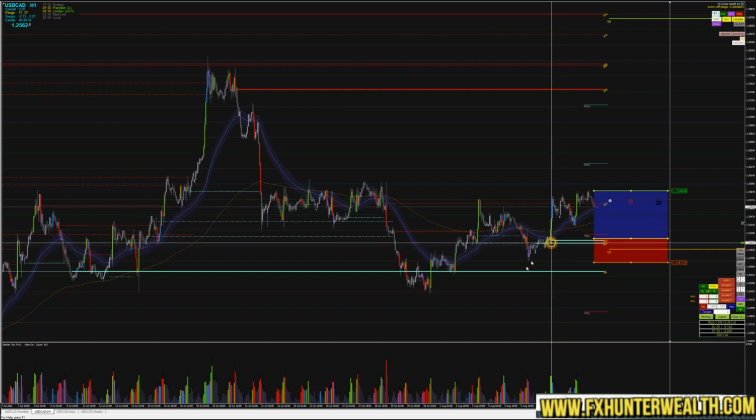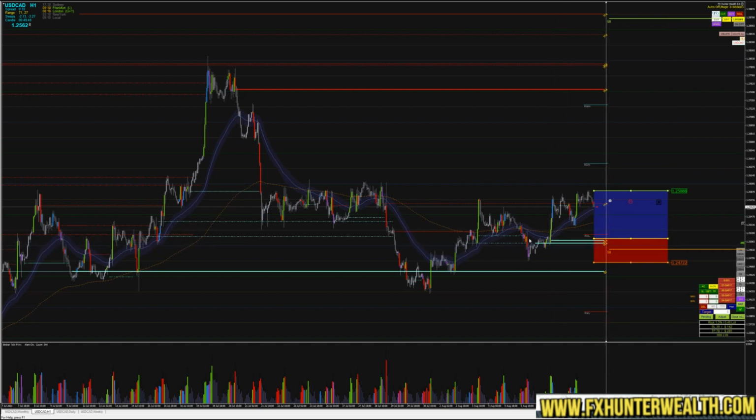We have this institutional level in here. This is our institutional level, right? And what I like to use is the next level below that. So that's gonna be my stop loss, which is now 66 pips below these two lows